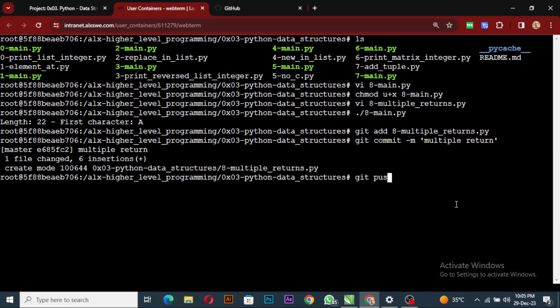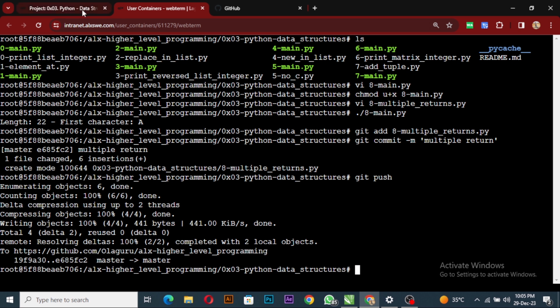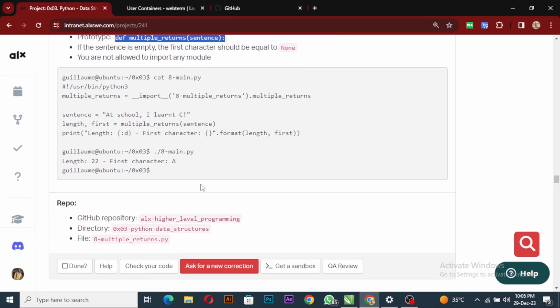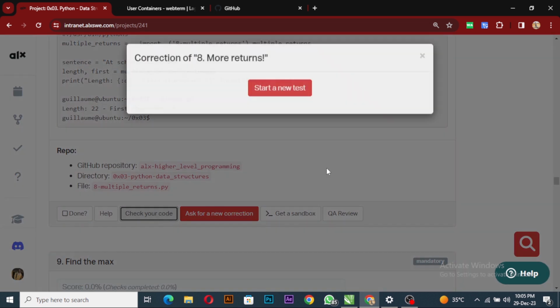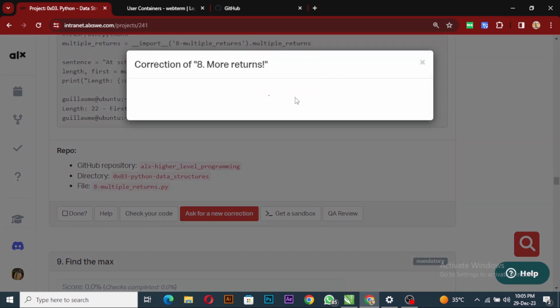Git push. Even though that's not what I want to use, I was confused. Anyway, let's continue. So we test and